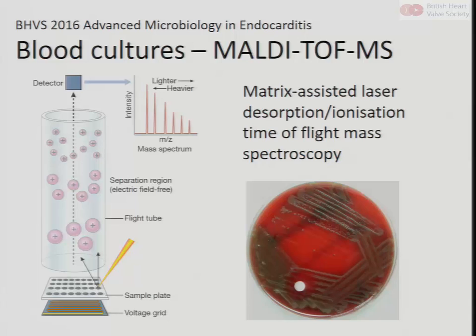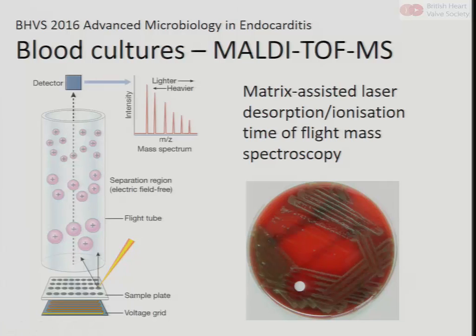So a new development, MALDI-TOF mass spec, is coming into a lot of microbiology laboratories. A little technical drawing for you. In practical terms, what the lab does in this technique is take a plate where some bacteria are growing, which looks a bit like this. They can lift a few colonies of this and spread it on one of these circles, so it's quite easy to do. And then they fire a laser at it, and that desorbs and ionizes proteins in that bacteria,